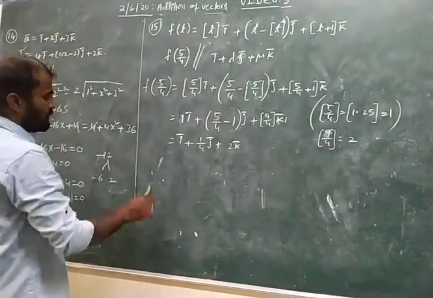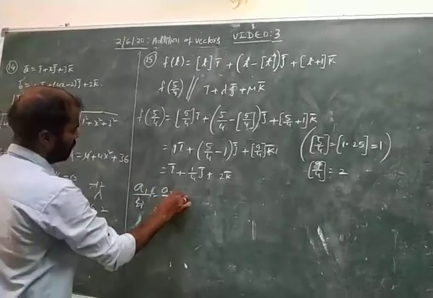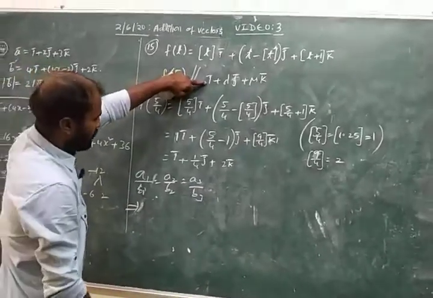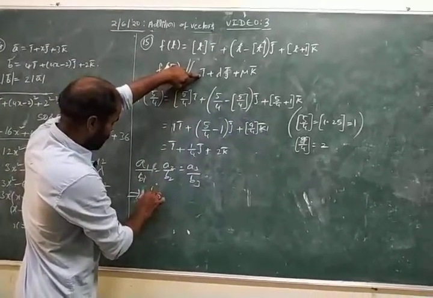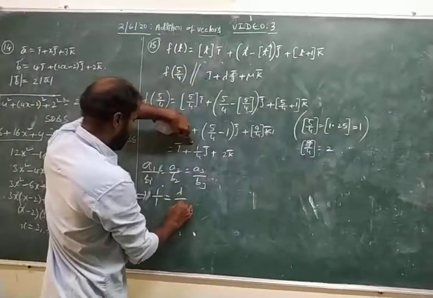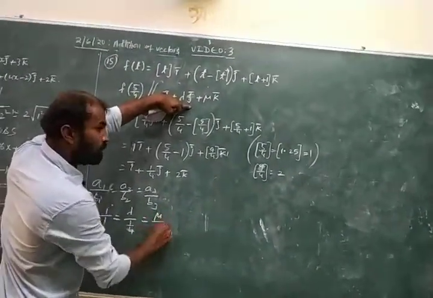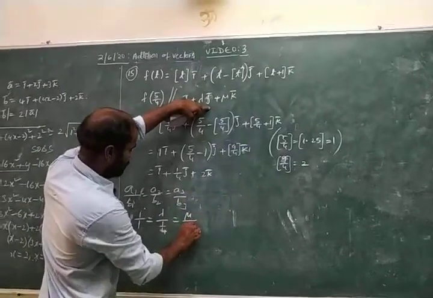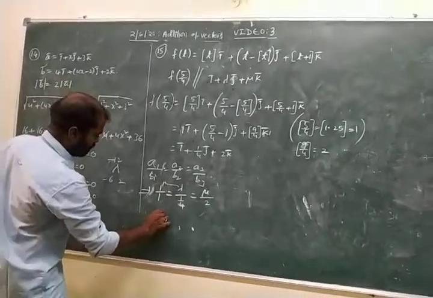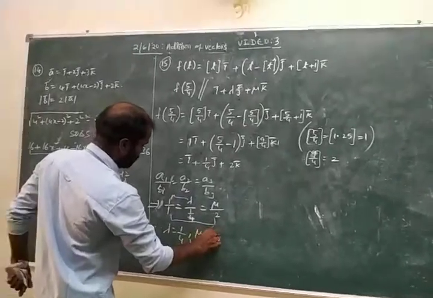We know if two vectors are parallel, then a1 by b1 equals a2 by b2 equals a3 by b3. Now substitute the values: 1 by 1 equals (1 by 4) by lambda equals 2 by mu. 1 by 1 is 1 only. By equating these two, lambda equals 1 by 4, and equating first and last we will get mu equals